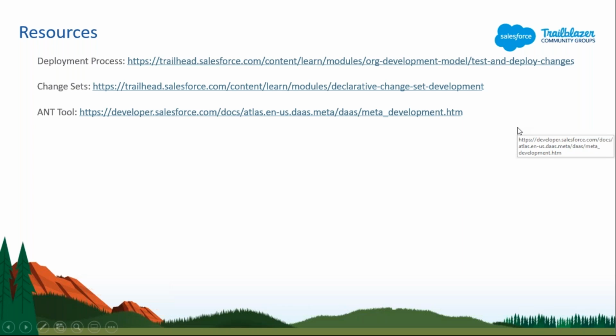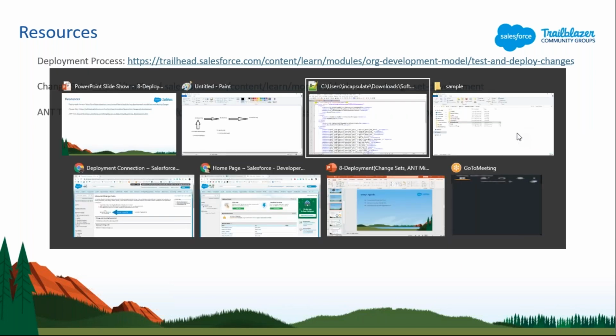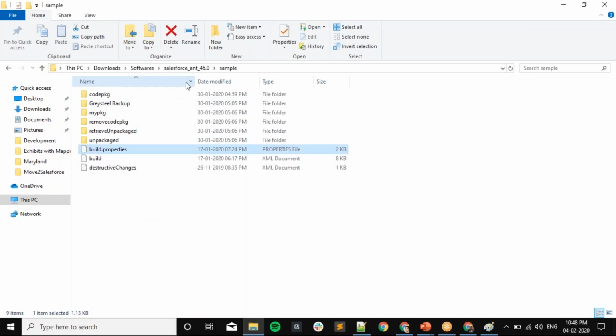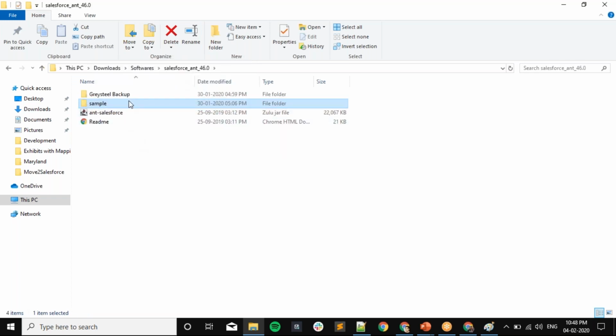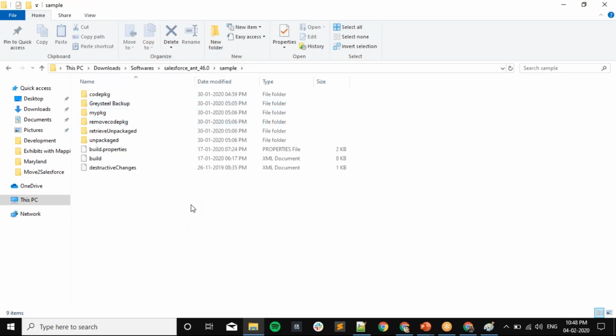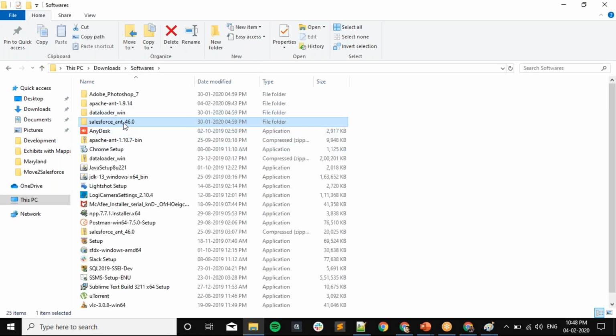Do you have to create this package file manually, or how? Package.xml, right? Yeah. That file will be available inside that folder once you install the Ant tool for Salesforce on your machine. I have used this one.